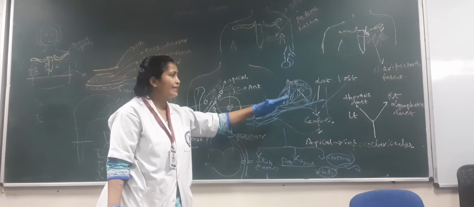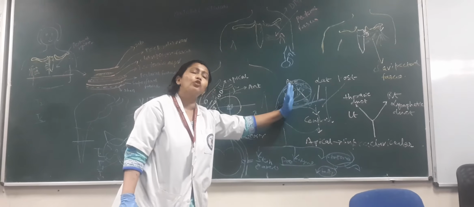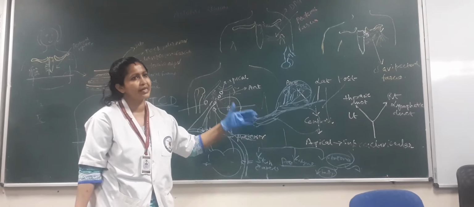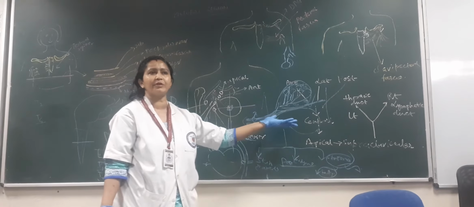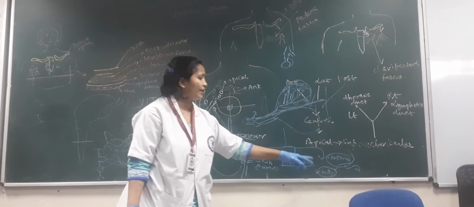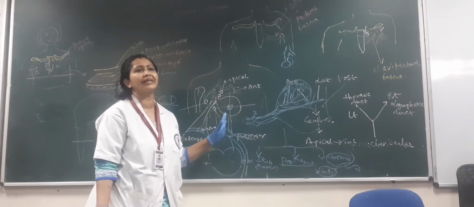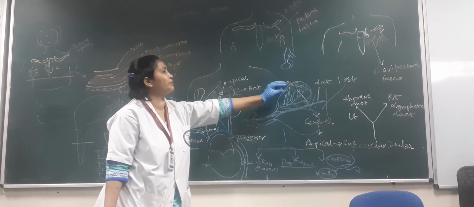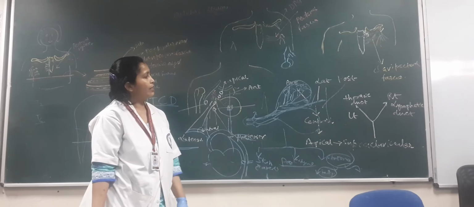Fibrous stroma, interlobar septa, interlobular septa. Interlobar septa, of great clinical significance, also known as suspensory ligament of Cooper, get contracted in case of breast cancer. And fatty stroma forms the main bulk of the gland, and it lies in between these lobes and lobules, in between the acini and the ducts.